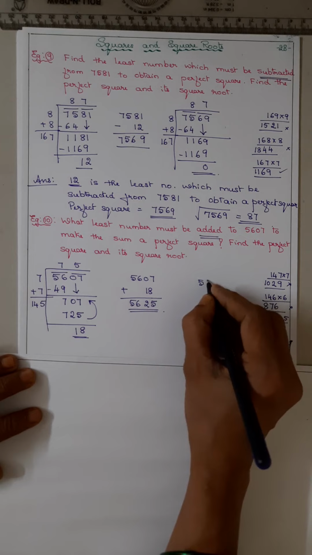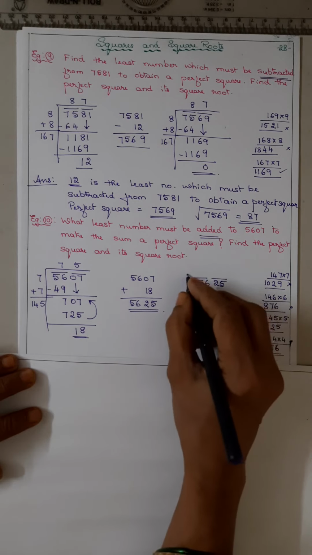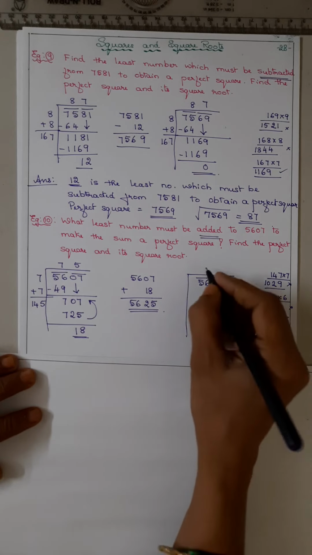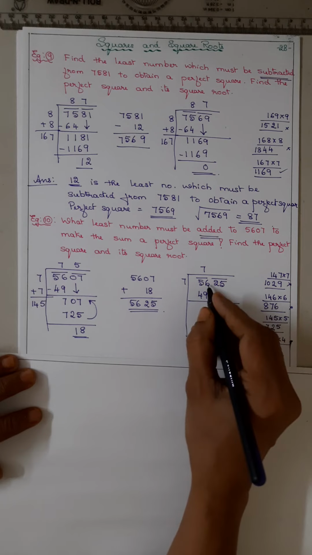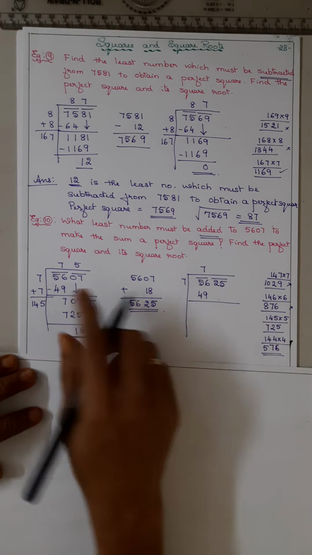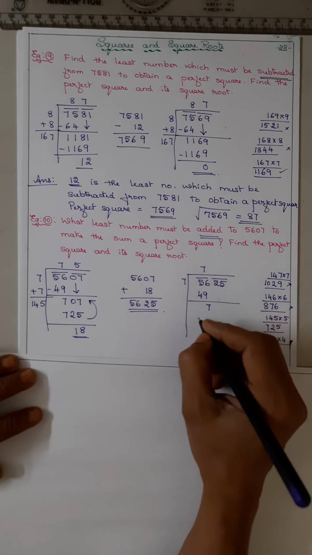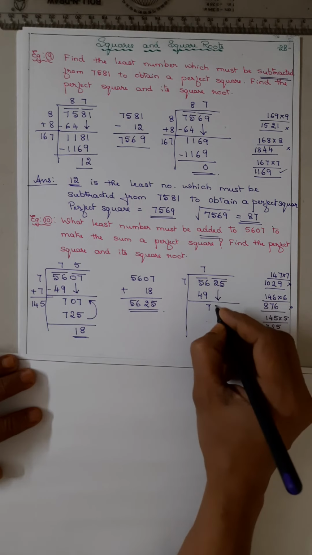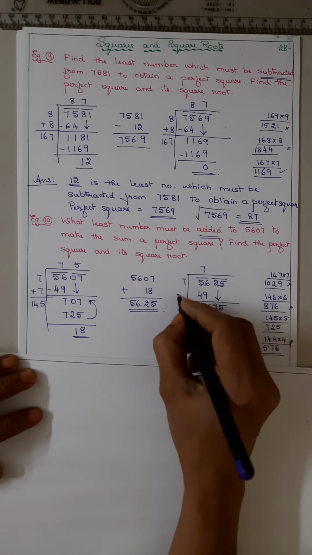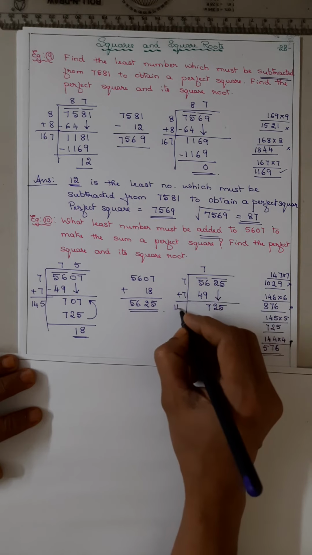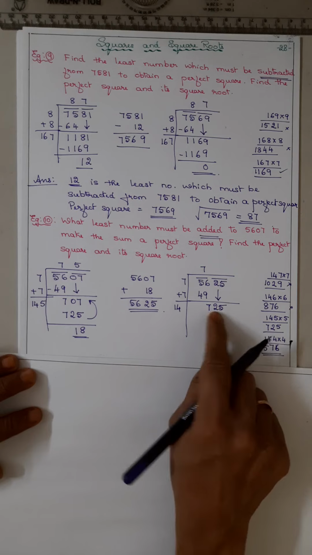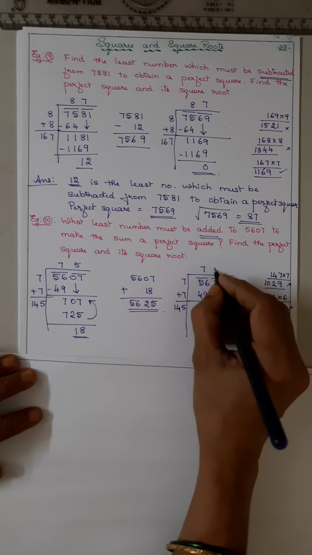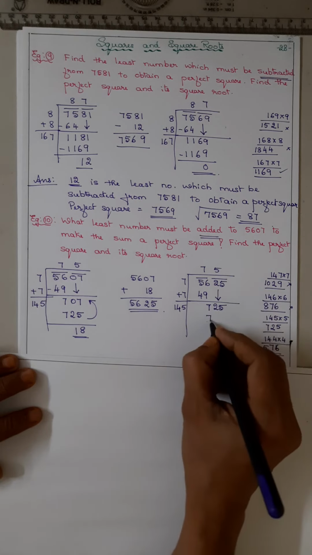Check whether it is a perfect square and find out the square root. 7 7s are 49, 6 minus 9, 16 minus 9 is 7, 4 minus 4, 0. Now bring 25 down, add 7, you got 14. Now if you put 5, it will be the same number. 145 into 5 is 720.